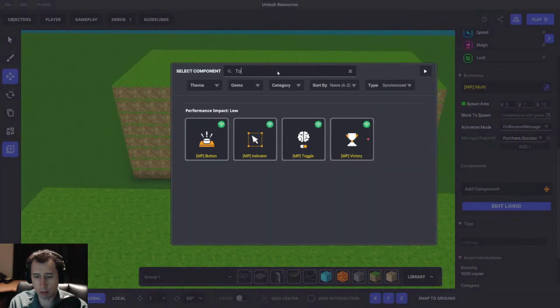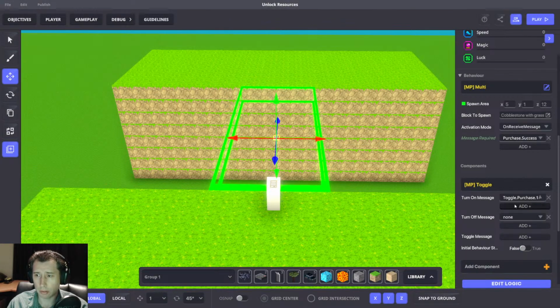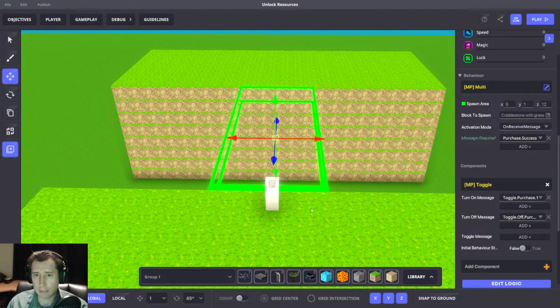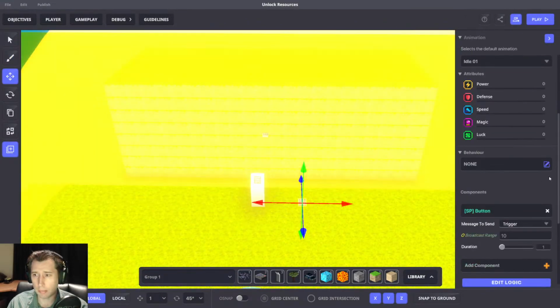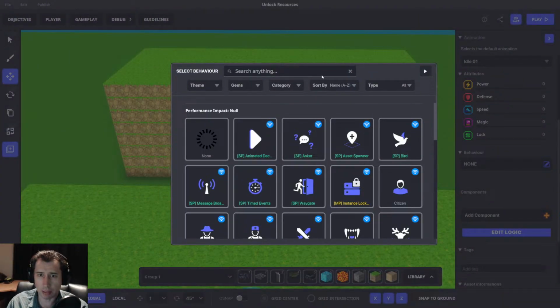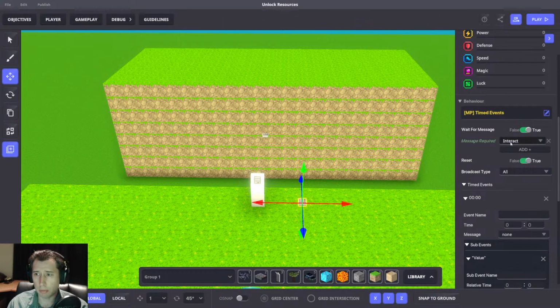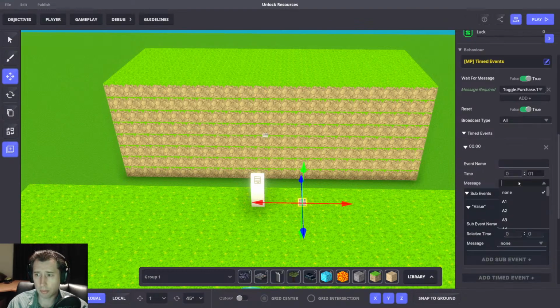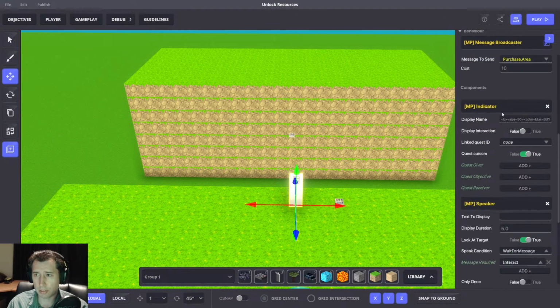But we want to toggle it on only when it's relevant. So it's going to be off. It will turn it on when we want to press E on here. And we can say toggle off purchase. We also want to add a timed event to turn this off after the player presses E. So timed event. We want it to be repeatable. Toggle purchase 1. We'll toggle this on, and then after 1 second, it's going to toggle off purchase. If this is successful as well,